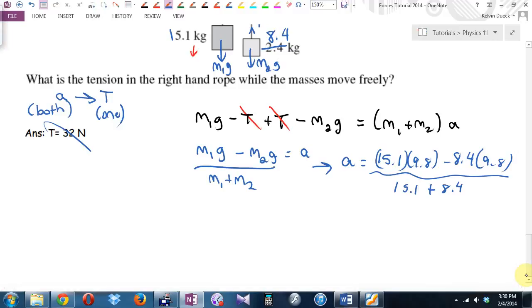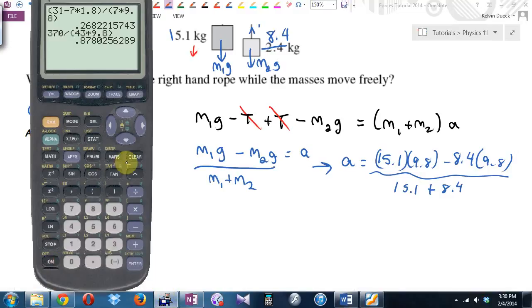The number of times, Kylie, that I'll see all the right numbers written for Atwood machines and then the wrong answer drives me crazy because it means the kid was too lazy. Heck, I'll even use the word too dumb to bother practicing during class time. They just assumed, oh, I'll figure out how to type this in, and they're throwing away marks. So it's well worth practicing typing that in to see if you get